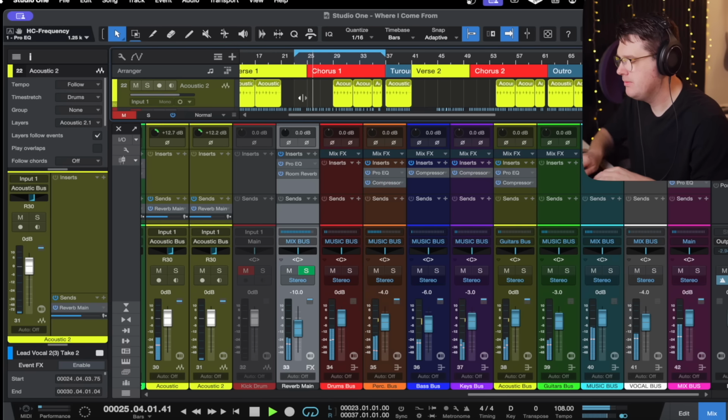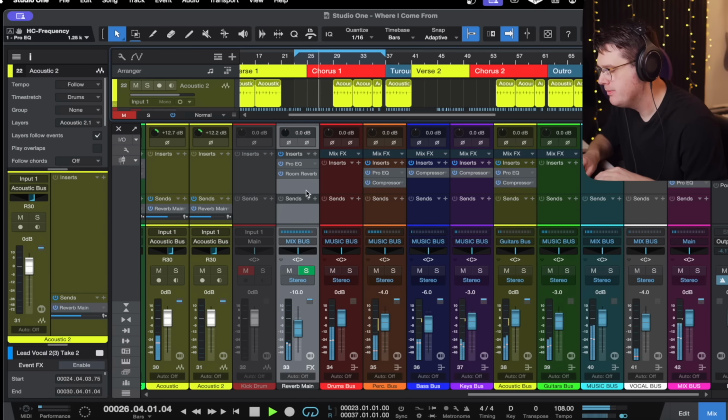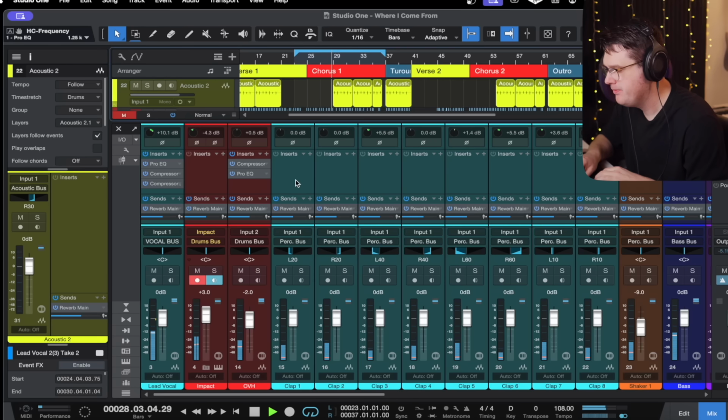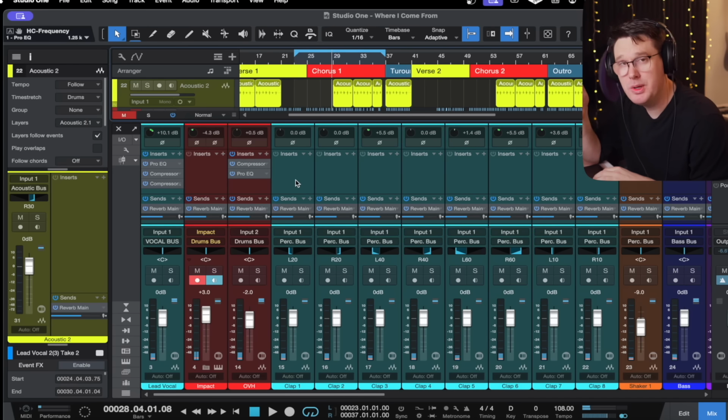Where I come from, where I come from. Now another thing you can do when it comes to mixing in your reverb, we need to talk about